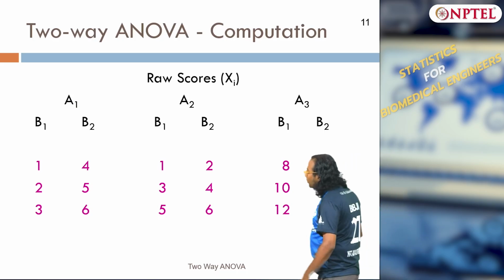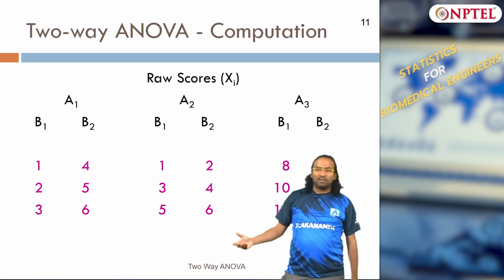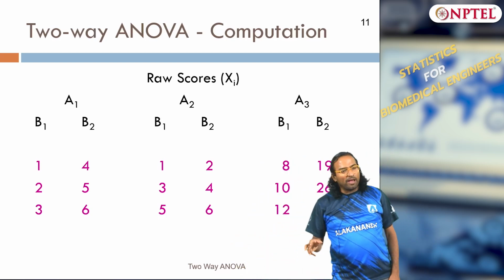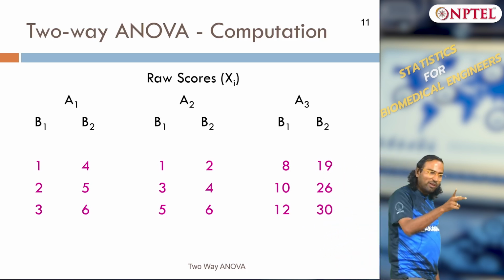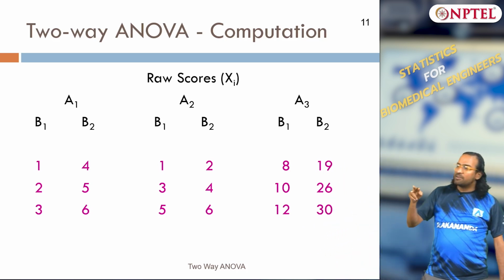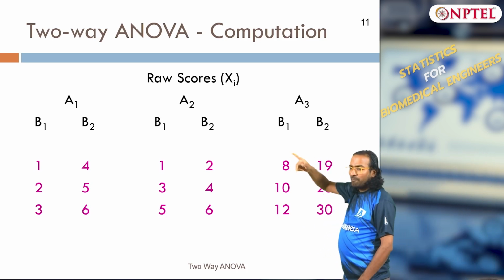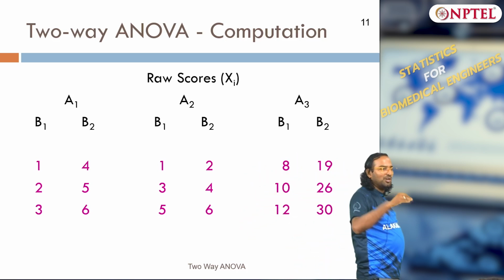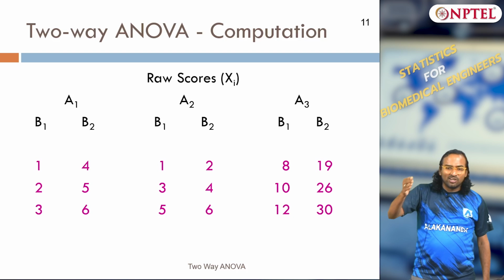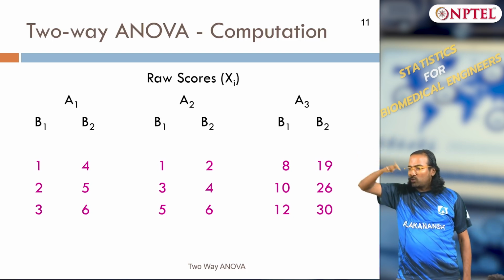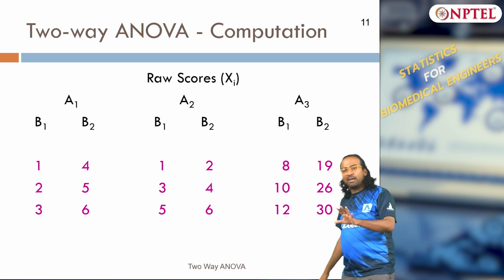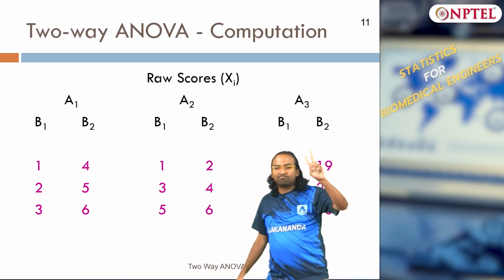So let us first do numerically what I call two-way ANOVA, and here I am not specifically doing two levels, two factors, but multiple levels. 2 cross 2 is in fact very special: 2 levels, 2 factors, 2 power 2. But in two-way ANOVA you could have multiple levels, but you are only doing 2 factors.